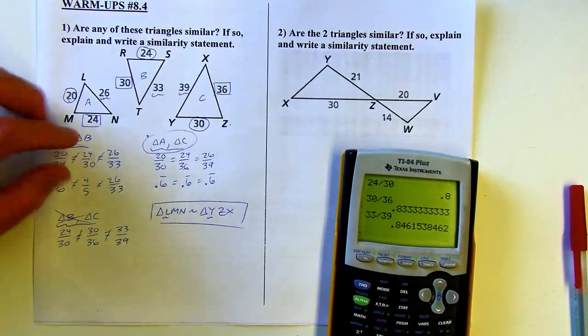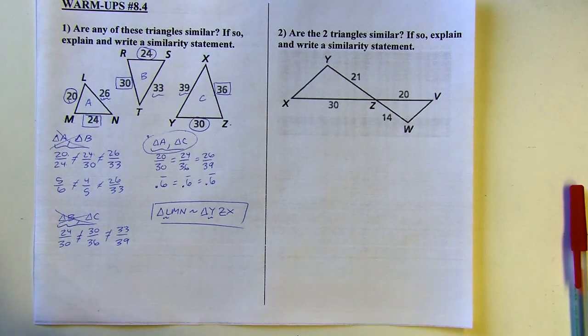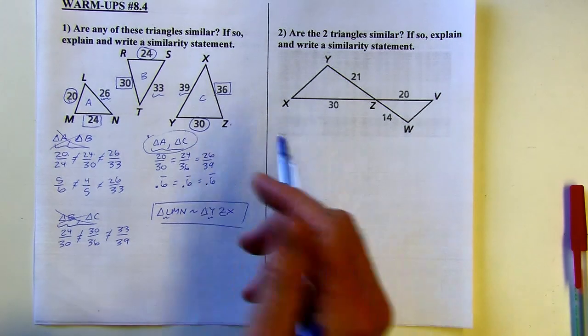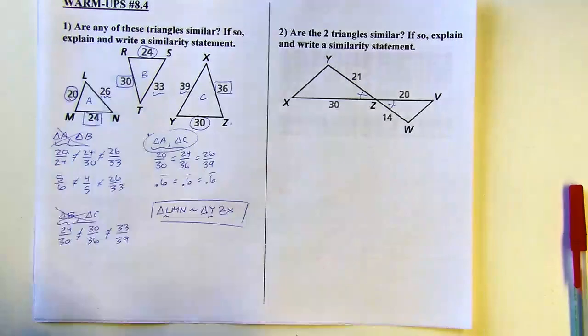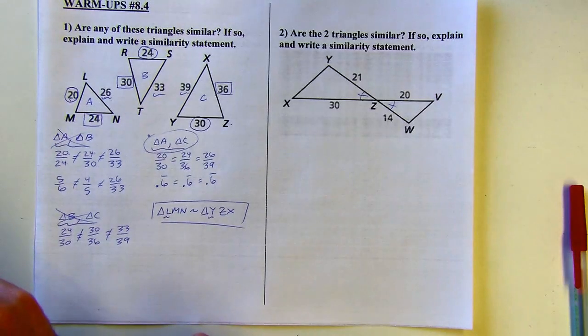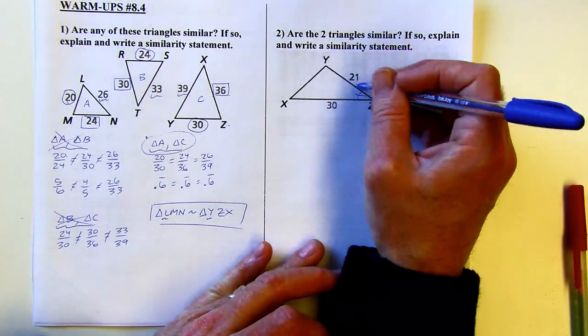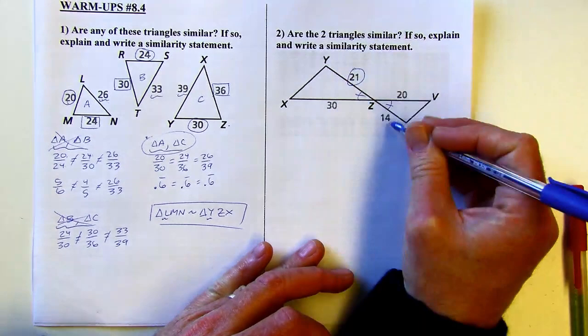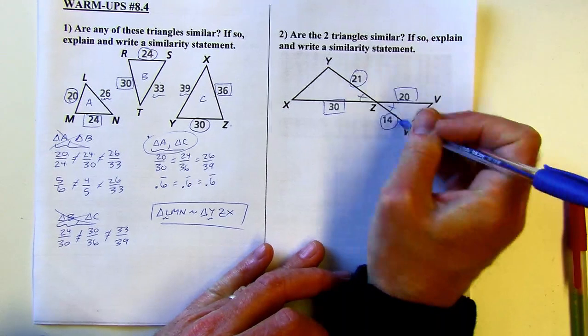All right, next problem. Are these two triangles similar? If so, explain and write a similarity statement. I have these angles congruent by vertical angles, and then I want to check if the sides are in proportion. The smaller side of these two is this one, and the smaller one here is that one. So I want to check, is 21 to 14